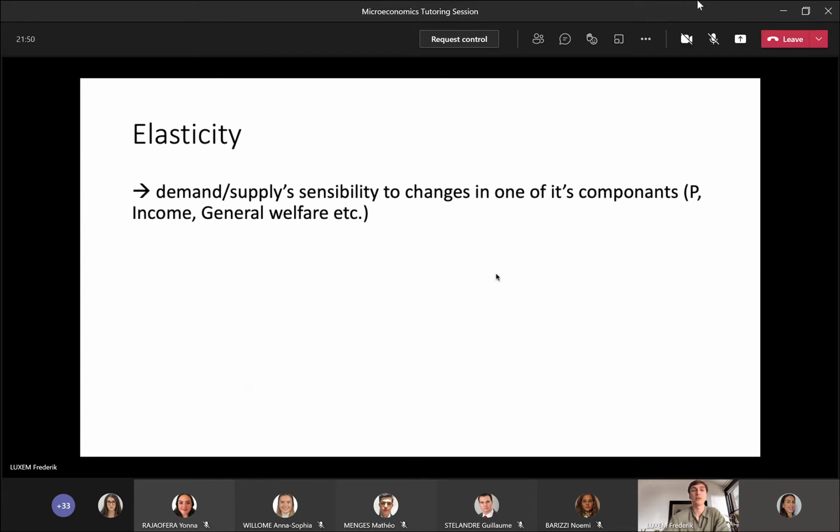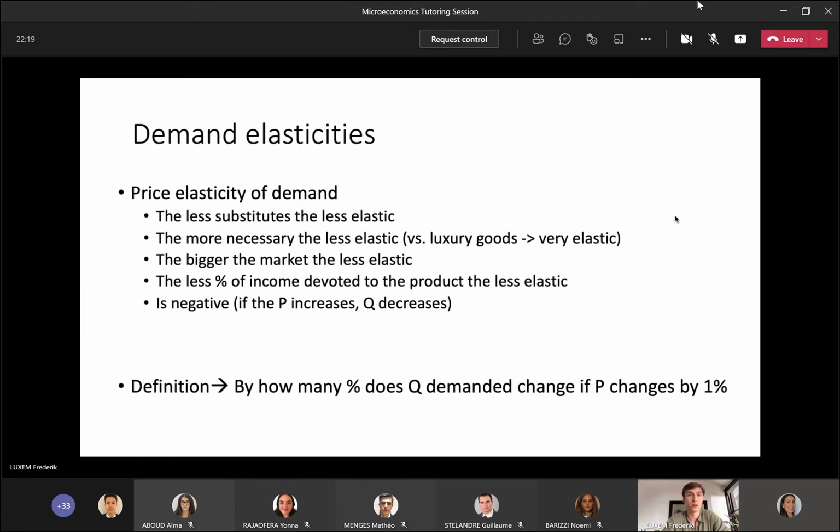So now I'll talk about elasticity. Elasticity is the demand and supply sensitivity to change in one of its components. Often we talk, though, in this course about the change in price. So if the price increases, how will the demand react? Will the quantity go up or will the quantity go down? And by how much? So the demand elasticity,